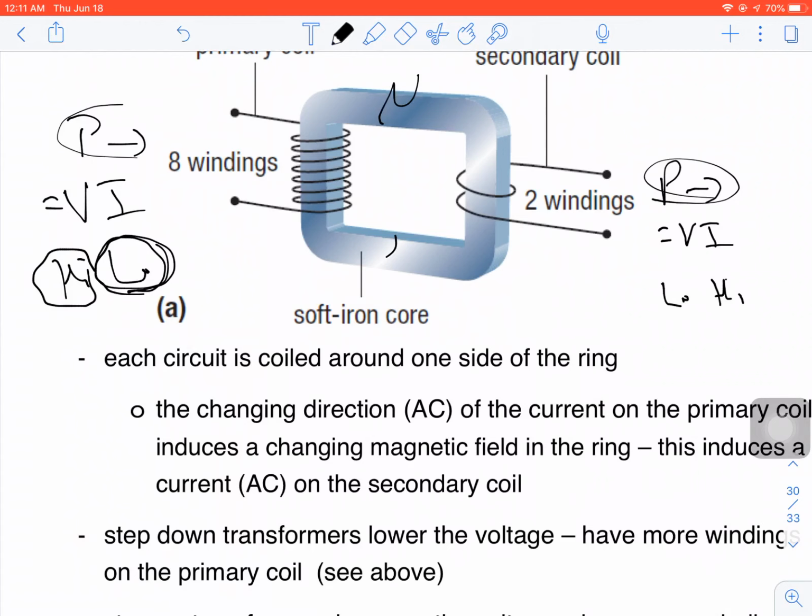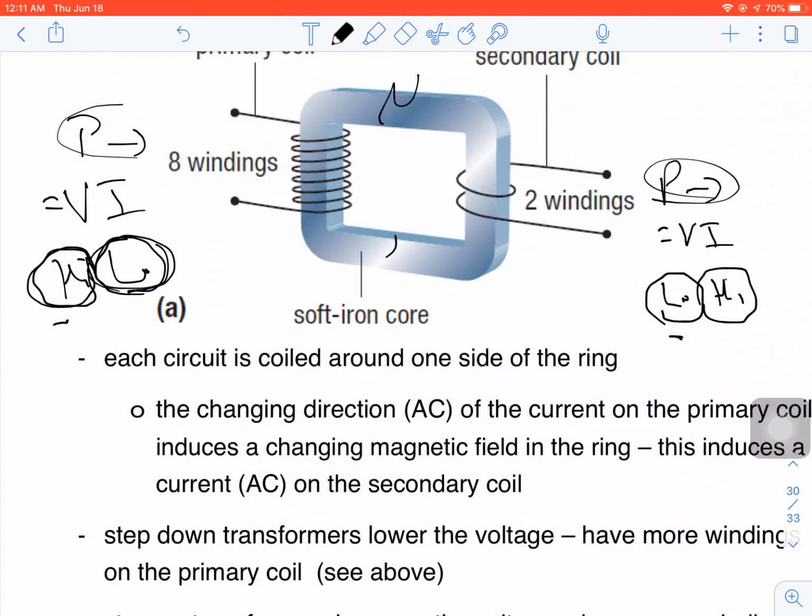So I want to slow them down, but to do that, I'm going to increase their voltage. Now, high voltage is very, very dangerous. So as it gets to Hamilton, I don't want those high voltage electrons here, so I'm going to lower my voltage. Right? And as I lower the voltage, it's going to increase my current. Now, that increased current I can send in all these different directions, to go down different streets, to go into different homes, to go into all these different places it has to go. I'm going to divvy it up, right? And it's at a lower potential, so it's not as dangerous as the high voltage electrons that I was using